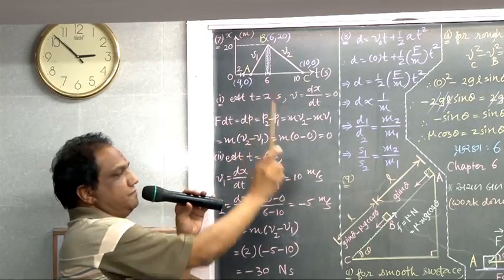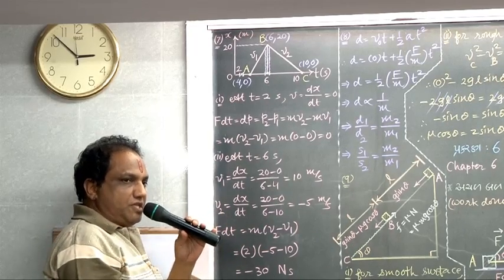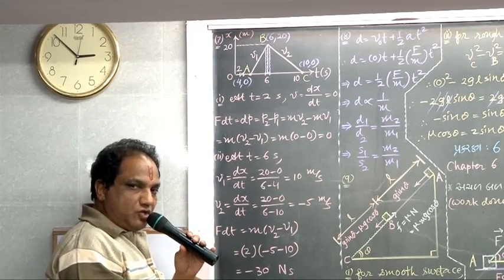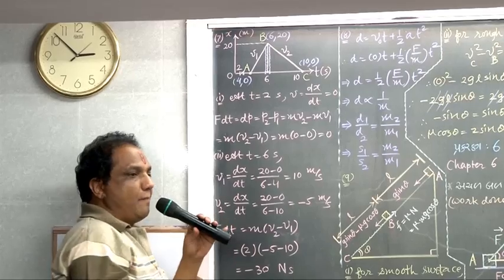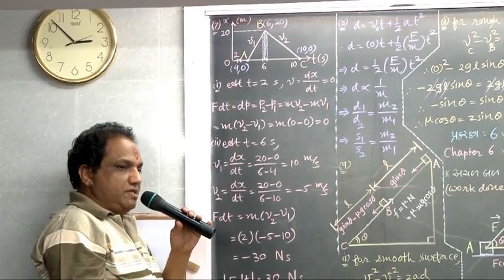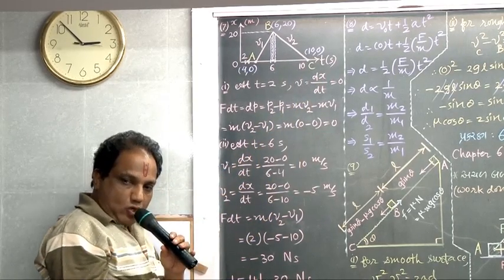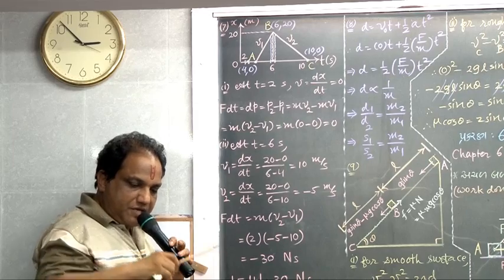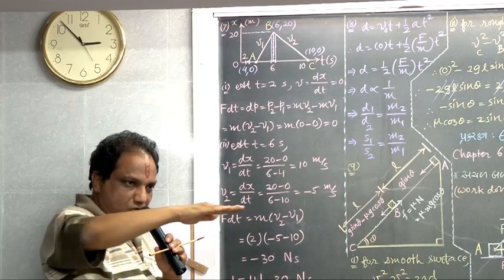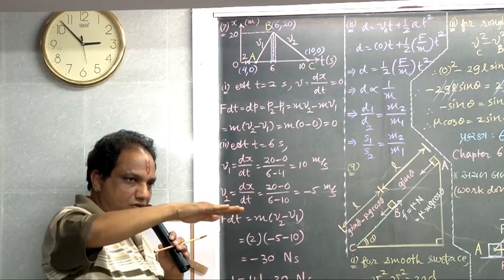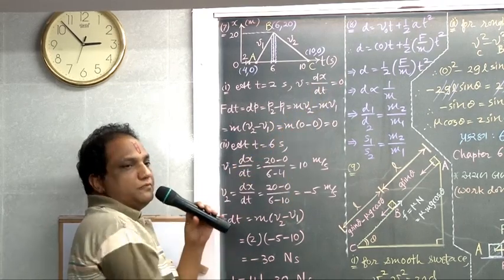At t equal to 2 seconds, I want to find out the velocity of the body. What is instantaneous velocity? Time rate of change of position of a body. Mathematically, it is dx by dt. What do you mean by dx by dt? Slope of the graph of x versus t. Because the very small part of the graph around 2 seconds is horizontal, and for any horizontal graph the slope is 0, the velocity right now is 0.